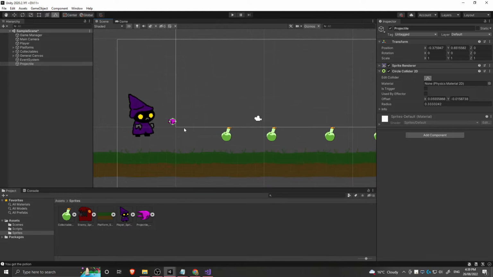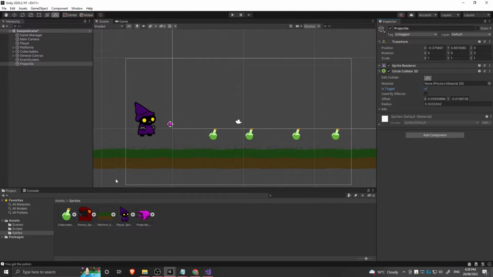There we go. Now it is trigger, because I want it to trigger whenever it hits something, and firstly delete the projectile so I don't have a million of them. Secondly, tell me what it hit. So now I've got a projectile